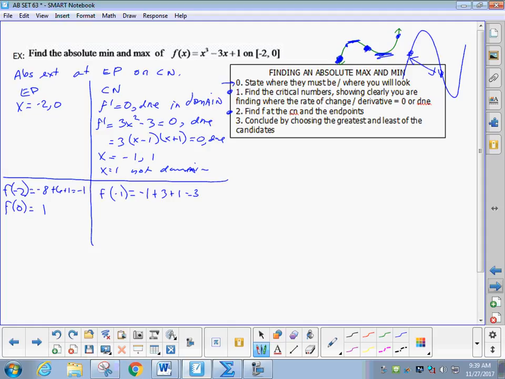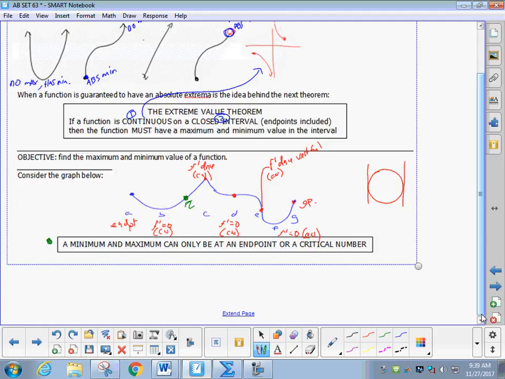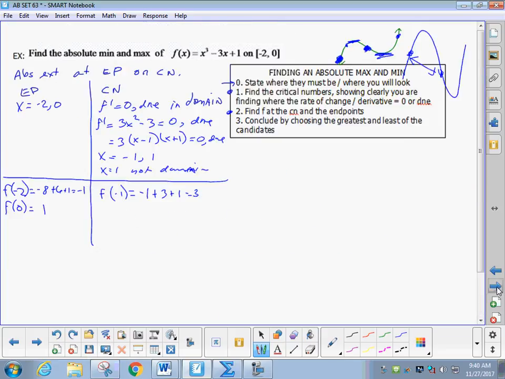Now I know, from what we just talked about, the only place the absolute min and max can be is at an endpoint or a critical number. So really, these are the only 3 candidates for absolute min and max. It can't be any others. So now I just need to decide, all right, what is the absolute min value of the function? The absolute min, or the minimum value of f, is